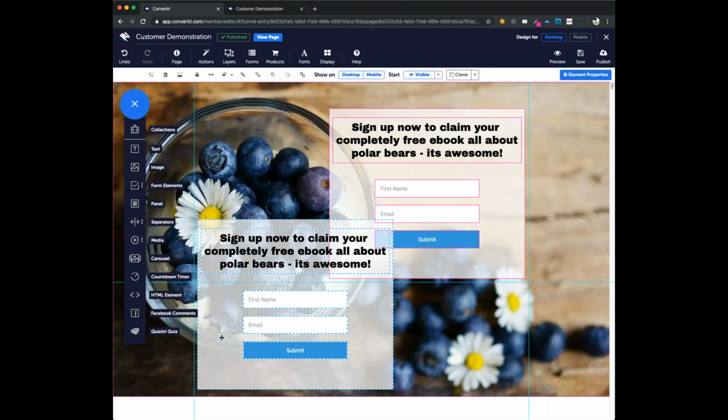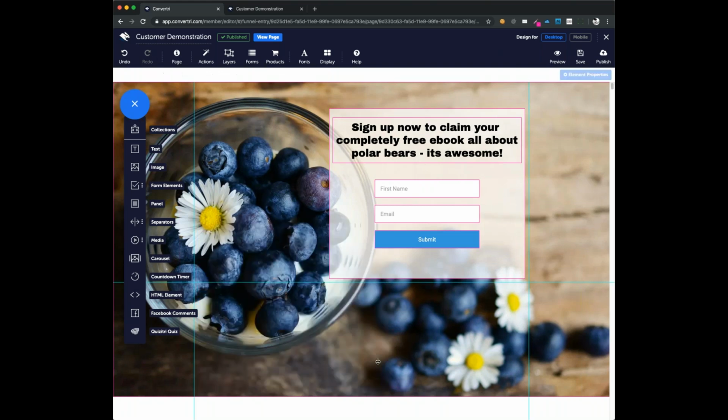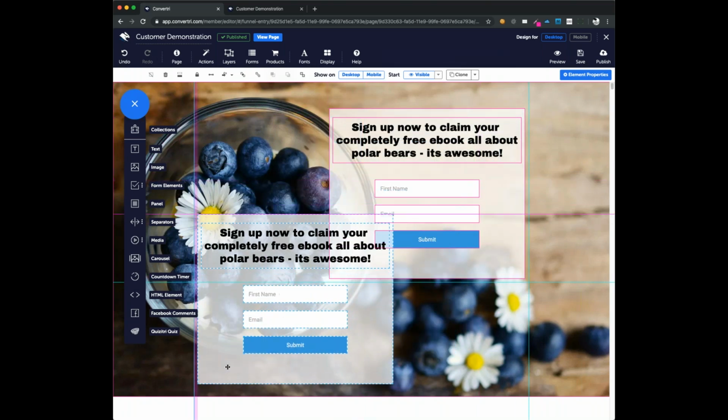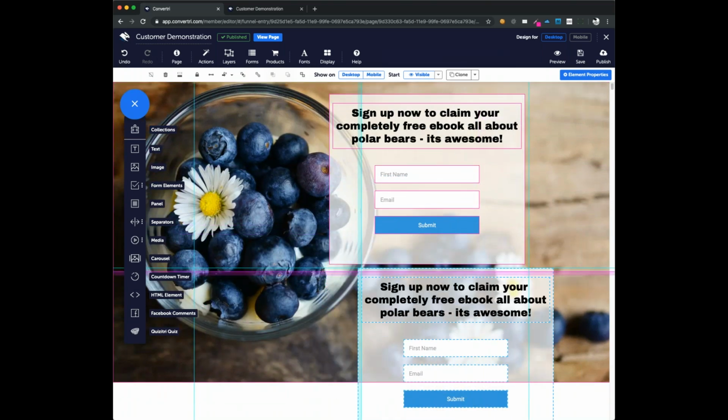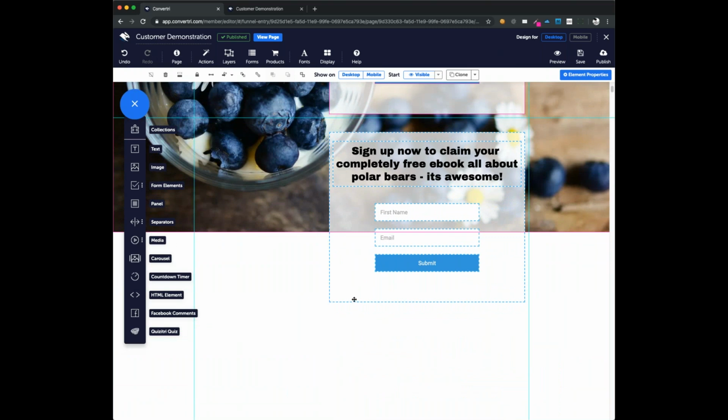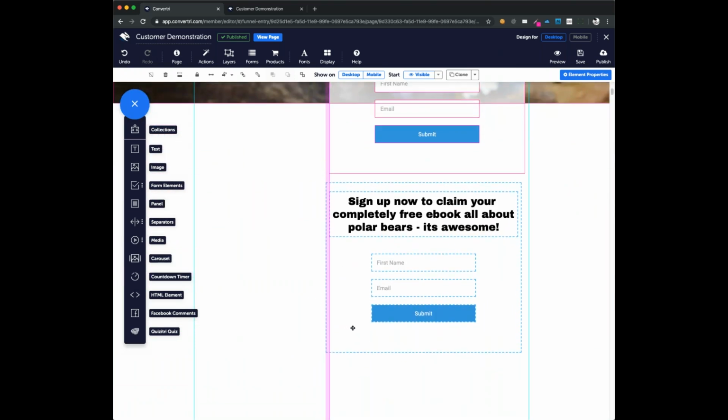Cloning it to have another one on the page is as easy as holding down the Alt key or the Option key and dragging something. So just to show that again, I'm holding down the Alt key, it's an Option key because I'm on a Mac, and we drag, and we get a whole other one of those. And in fact, I'm going to create a few of these as part of the next demo,